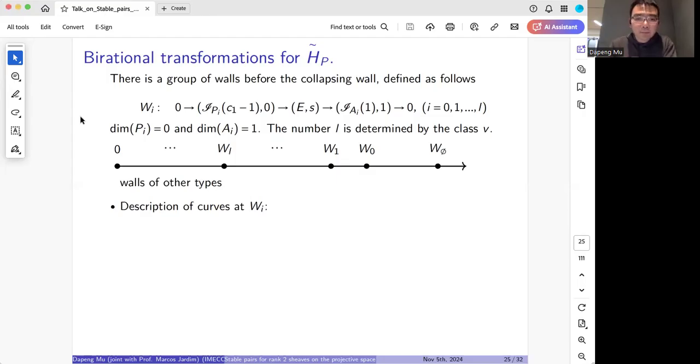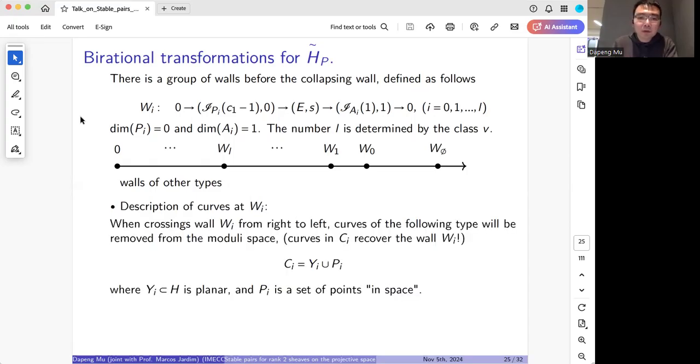Okay. And then let me describe the curves killed at those Wi's. Previously we have the diagram, I call it diagram star. This diagram star tells us the curves killed at Wi look like the Ci, denoted by Ci. So Ci is a union of a planar curve Yi with some point Pi